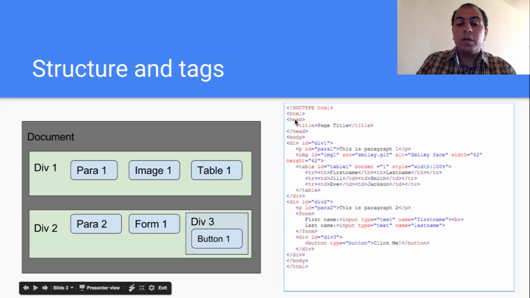The first part of the document is the header, which can include other information about the document, such as the title. And the second part of the document is the body, which contains all the items that we see on the screen. So the body here is what contains these divisions,